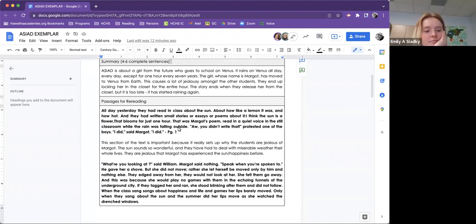So that was the summary. Nice. Thank you for refreshing us so we could all remember what happened in the last reading. So I was passages for rereading, and I picked two that I thought were pretty important for us to go over today. So the first one is from page 1, and it says,